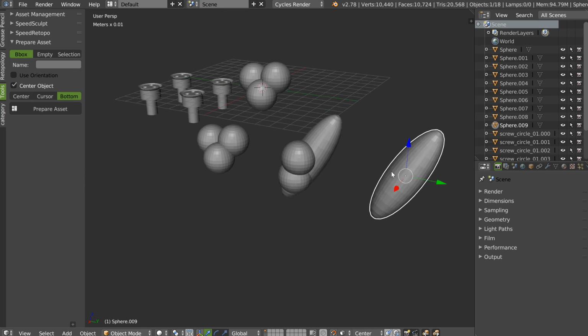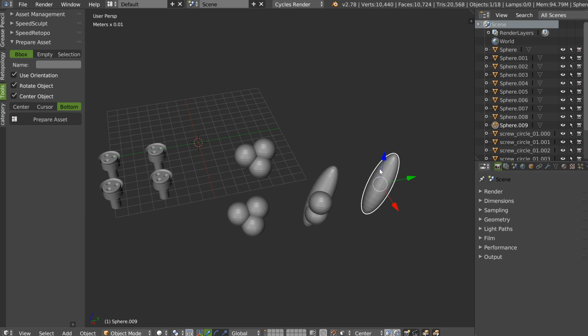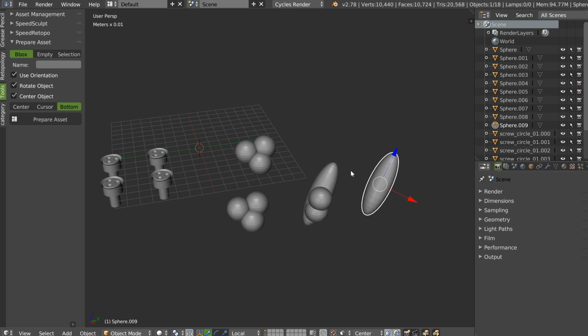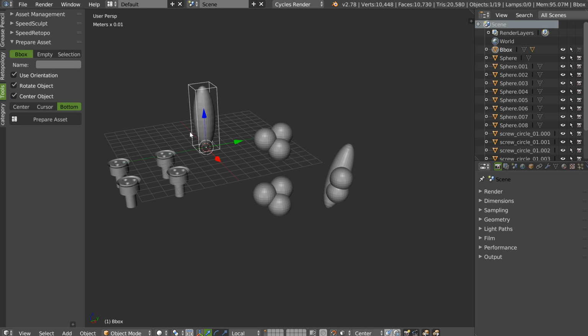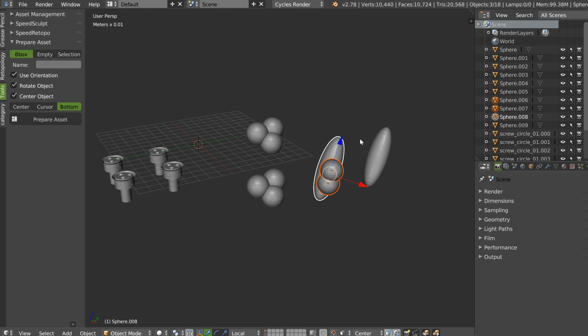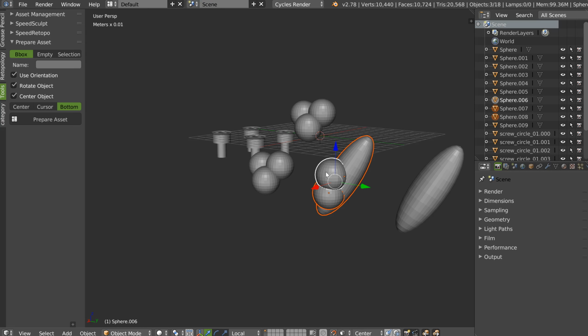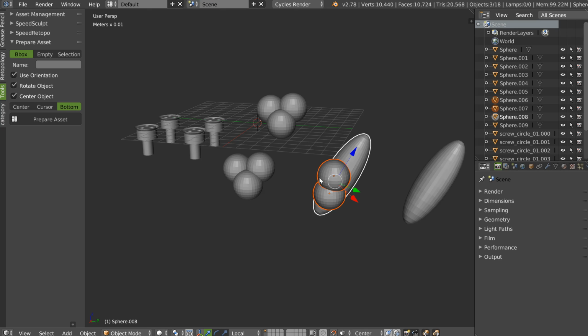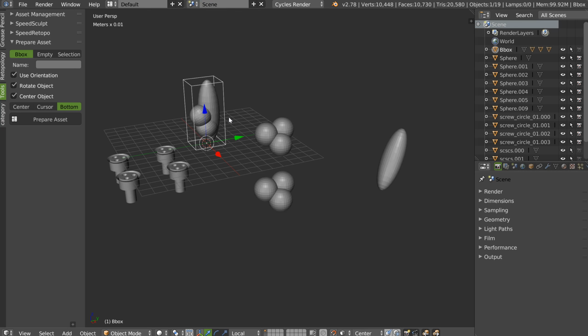You can, for example, on this one, use rotation and rotate the object if the object still has its rotation, its transform, as you can see. And I will click, and boom, I will have this result. So that works with the active object. If I select this, that will not work, because this one is still vertical, no rotation. And if I select this one, that should work. As you can see, that works.